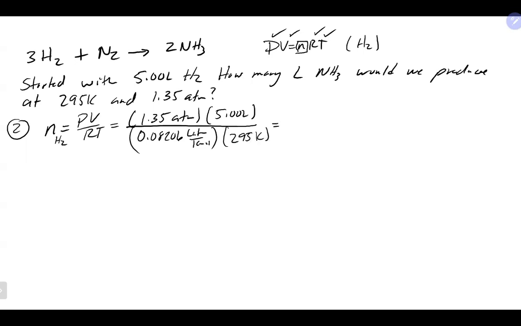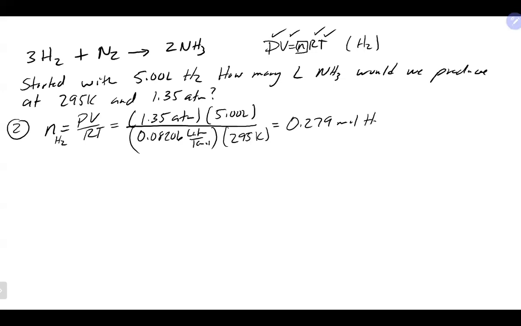That's going to give us 1.35 times 5 divided by 0.08206 divided by 295. That'll give us approximately 0.279 moles